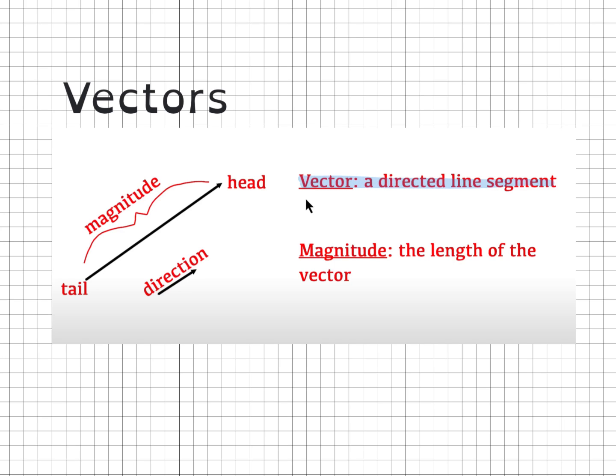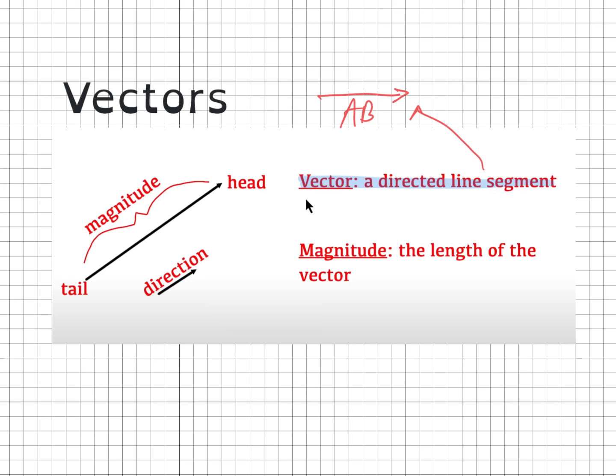Okay, so we know a line segment. How does a line segment look like? A line segment looks like a line with an arrow. Okay, so just like this one. This one, that's called a line segment. And most of the time, we're going to be looking at this line segment with letters under them. They are called vectors. So the first thing that you have to remember is that a vector is just a directed line segment,